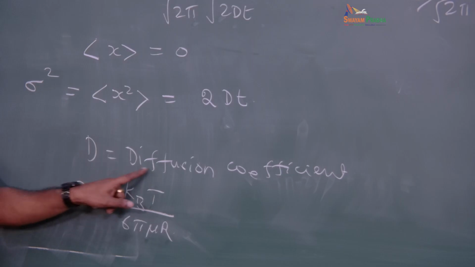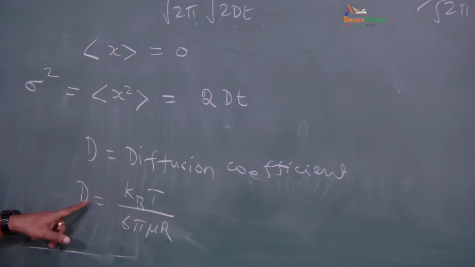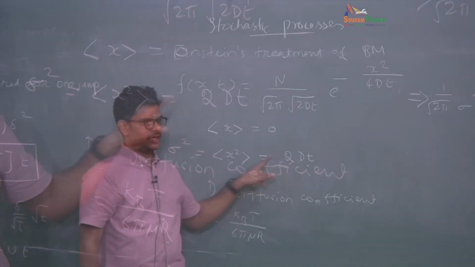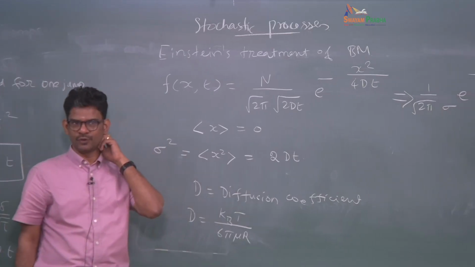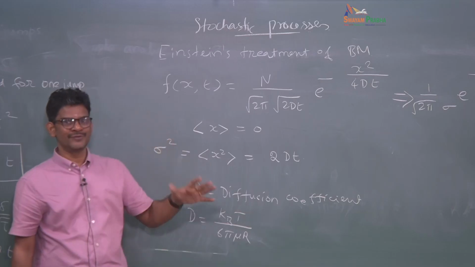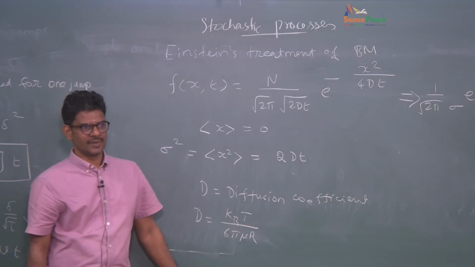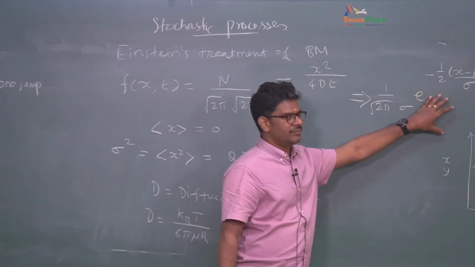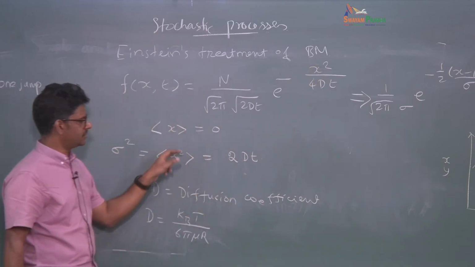So these are all dependent on the condition and the particle characteristics that determine the diffusion coefficient, and this diffusion coefficient is what dictates how the diffusive behavior is going to be. As a chemical engineer, you all know about the diffusion coefficient from Fick's law, right, and you can see the molecular origin of diffusivity comes from this random walk behavior, or the Brownian motion, of the molecules. And this is a normal distribution, and comparing this and this, you can see the mean and standard deviations are given by this.